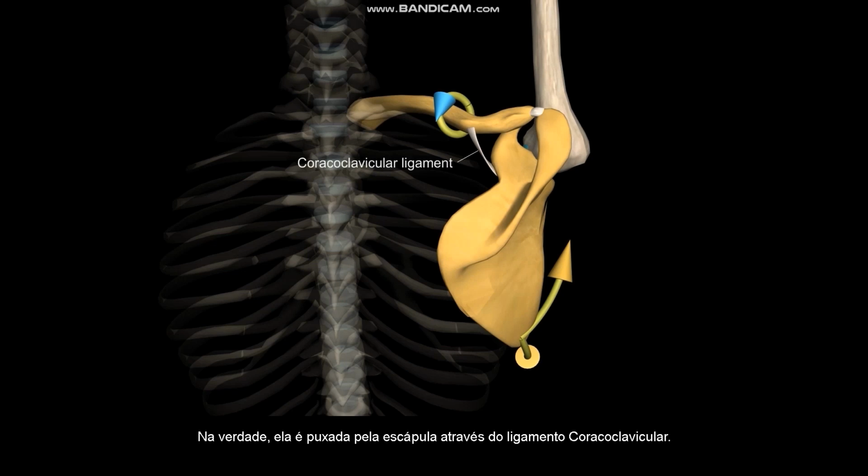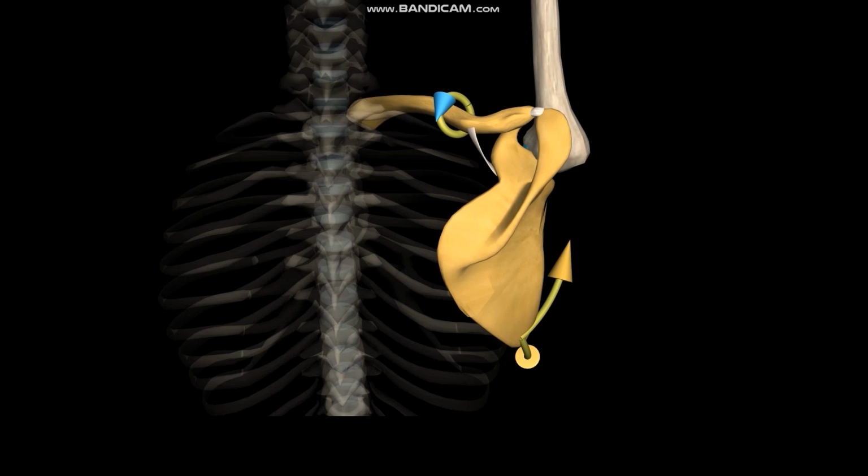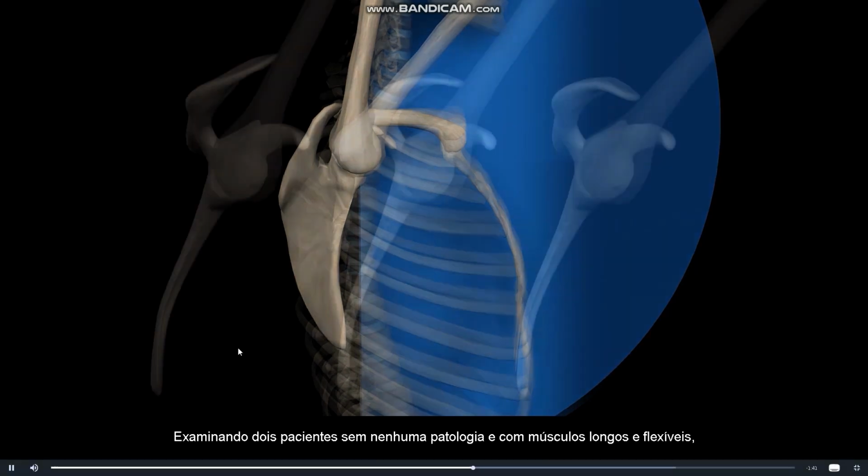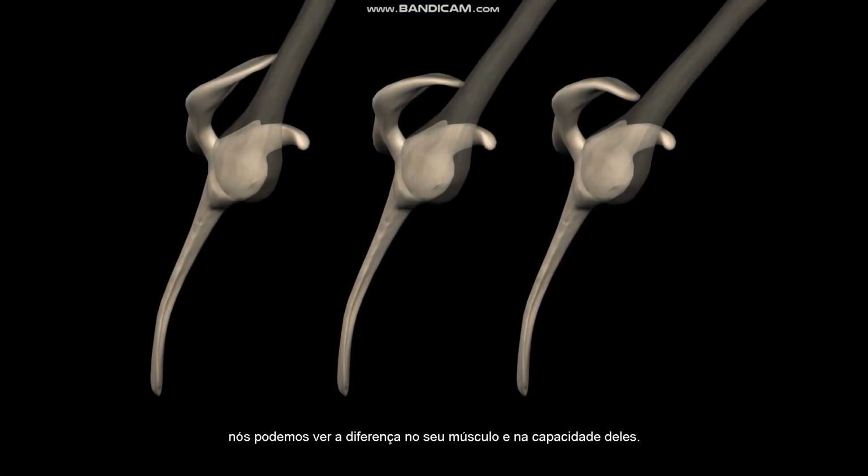Actually, it is drawn by the scapula through the coracoclavicular ligament. Movement of the scapula and the clavicle makes further flexion possible, up to 180 degrees. By examining two patients with no pathology and with long, flexible muscles, we can see the difference in their flexion ability. Why? In addition to muscle balance and/or pathologies, morphological studies have found differences in the structure of the acromion